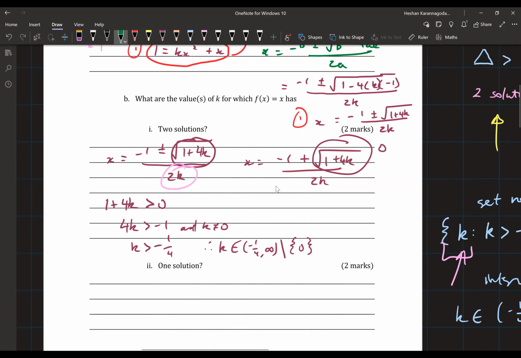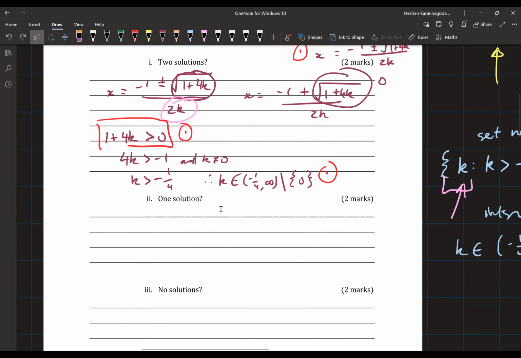Good question though. For this question, 1 mark for the final answer, obviously. 1 mark most likely for this line of working out, because this is the key part to get our full set of k values. That would be the 2 marks for this question. It's always important to look at the marks allocated to each question, because that gives you a really good indication about not only what lines to include in your working out, but how much roughly you should have. It's kind of a good guide. Even if you don't know what the marks are allocated to, it gives you a good guide about how much working out to include in your questions.